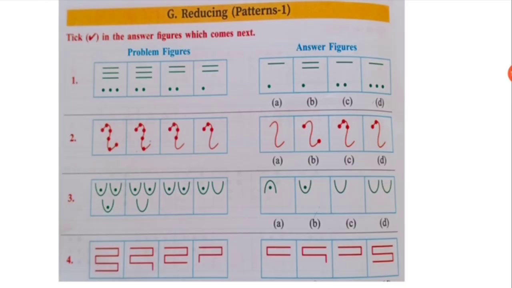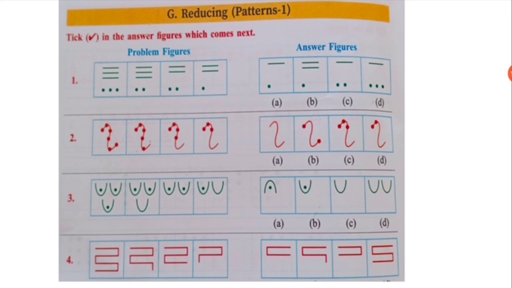Okay. Next, reducing patterns. It is like the growing pattern, just we have to reduce one box or one pattern. So we can see in the first picture 3 sleeping lines, then 3 dots. Then here in the second pattern we can see 1 dot is hidden. So in the next picture 1 dot and 1 line is hidden. So what will be the next?